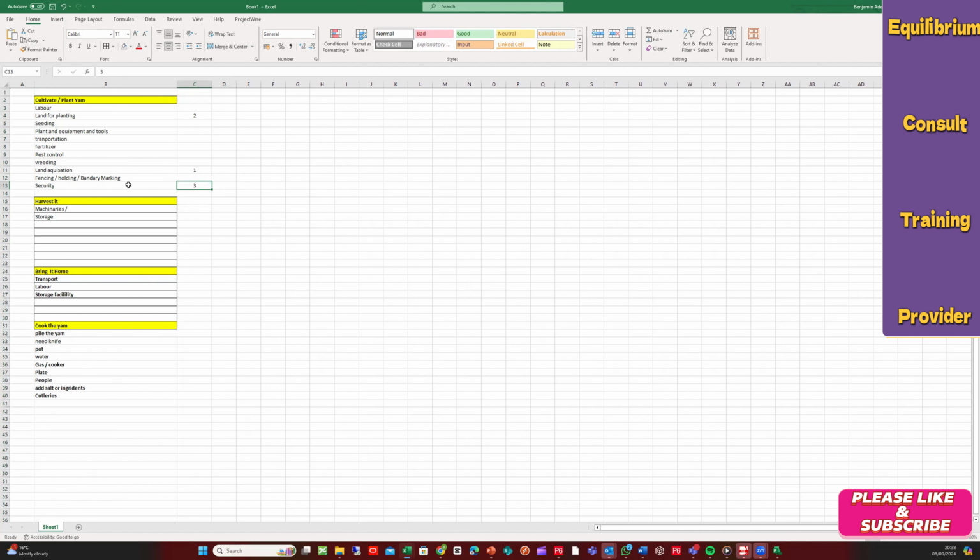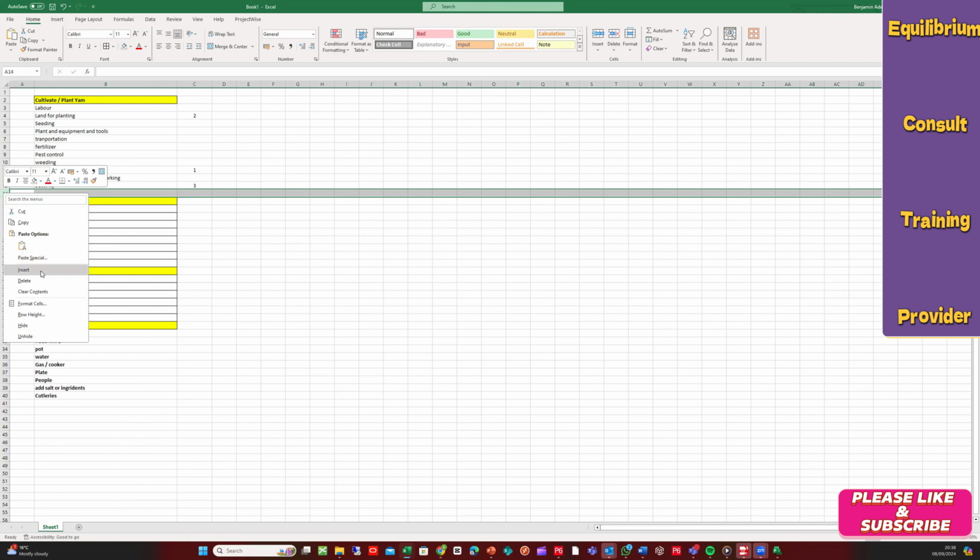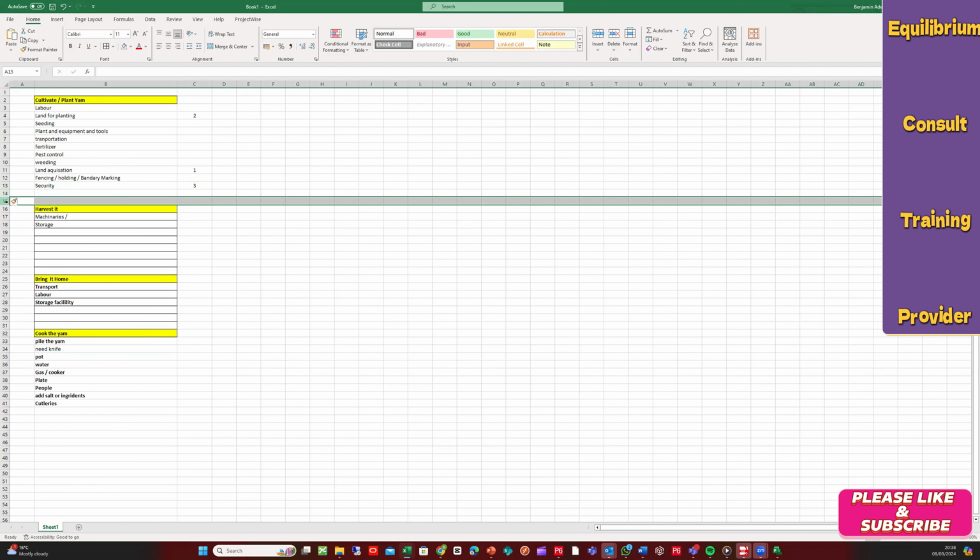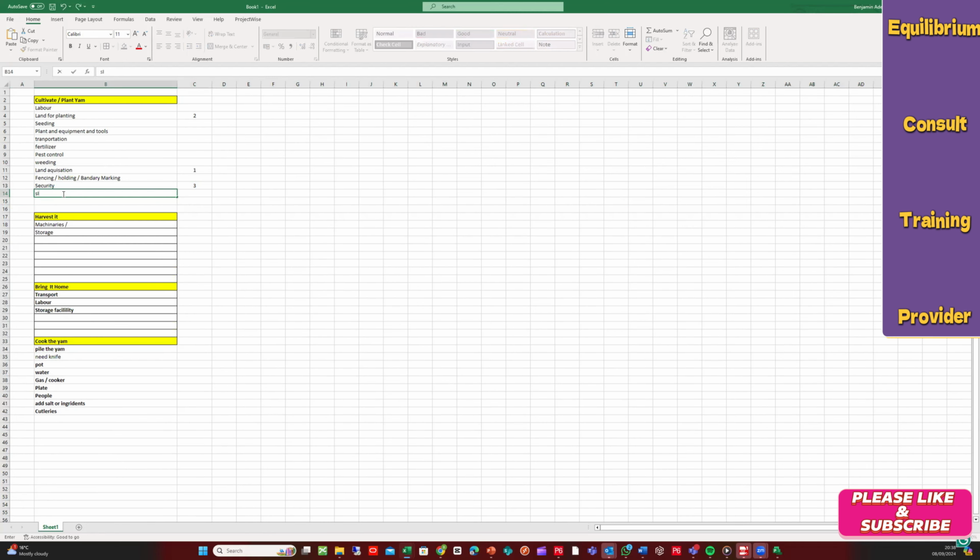Yep. What else do you want us to work on? I think two things: the weeding. Depending on the condition we find the land in, we might need to clear the weeds first before we plant. Good. All right, so I will put another line here and I will call it site clearance. Yeah, that's what you're looking for: site clearance or land preparation.